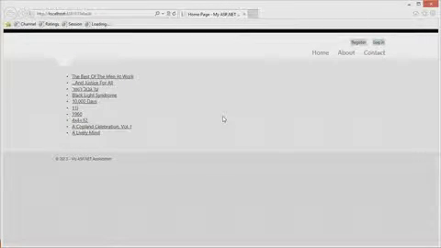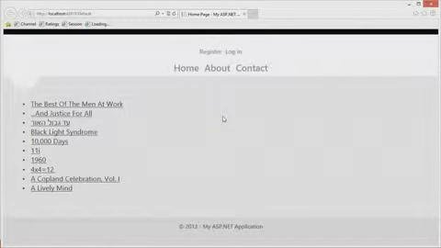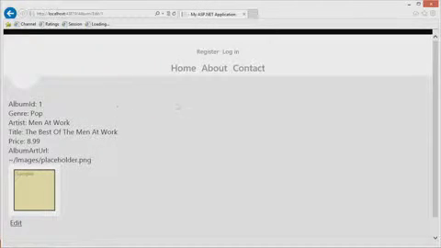It's right, because in this particular thing, you have a seed method. So you ran that for the first time. It had no data at all, so it just made that. So click on the men at work there, because I know we all listen to men at work. Right. Not at all. So we've got